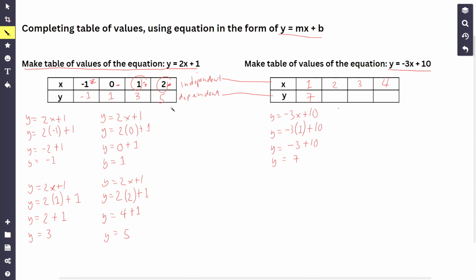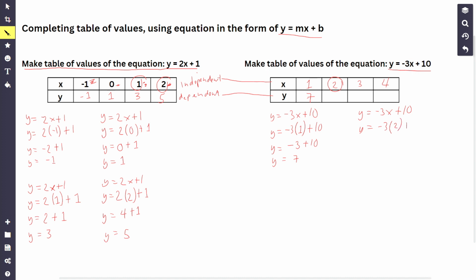Okay, next one. Again, copy the equation y equals negative 3x plus 10. Actually, the procedure is all the same, right? We just keep on doing this one. So again, what do we do? Use the equation and then replace the value of x. So this is negative 3 times, what's the next value? 2. I will put here now 2